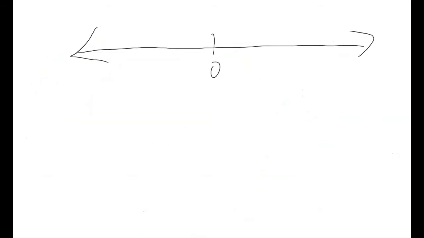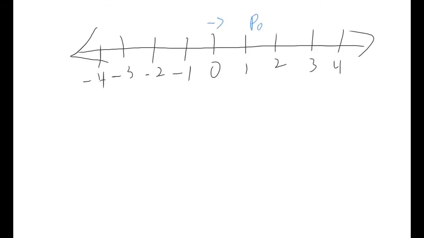Now let's look at a number line here. So we have our number line, right? And so if I make my little number, 0 in the middle, we have 1, 2, 3, 4, and then -1, -2, -3, -4, right? And so there are all my integers. And we know if we're on the right of 0, my numbers are positive. And if we are going to the left of 0, these are negative,